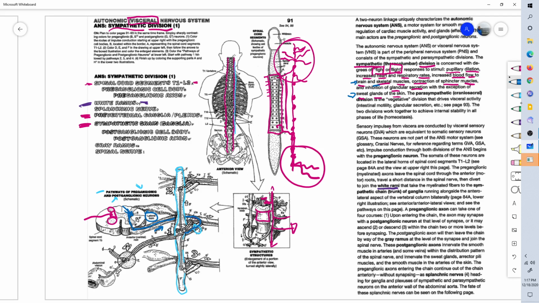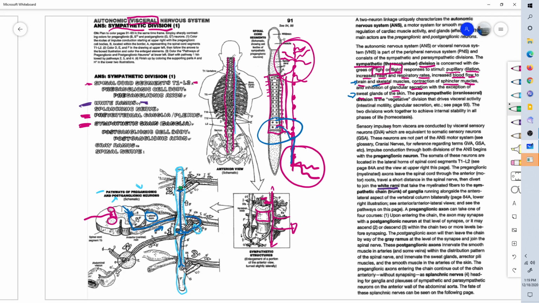It can travel down the sympathetic chain to another level, like we discussed up here. It can travel up the sympathetic chain to synapse, or it can stay right at its own level of the sympathetic chain and synapse. What does it synapse with? Another neuron, of course, in the cell body of another neuron,